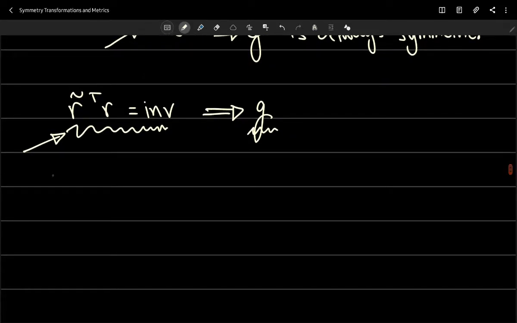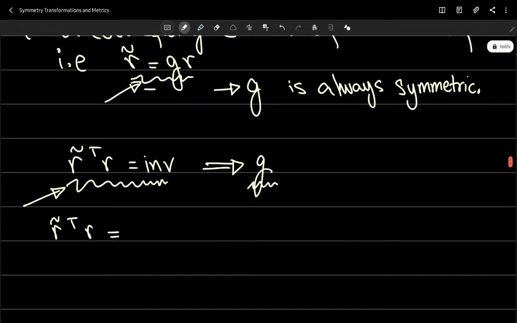So once we do that, what we have is R tilde transpose R is simply equal to, if you look at this thing, it is going to be G R transpose times R,